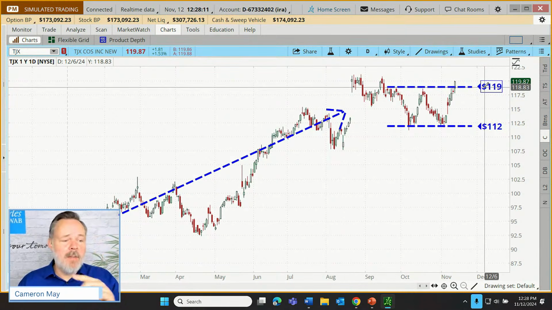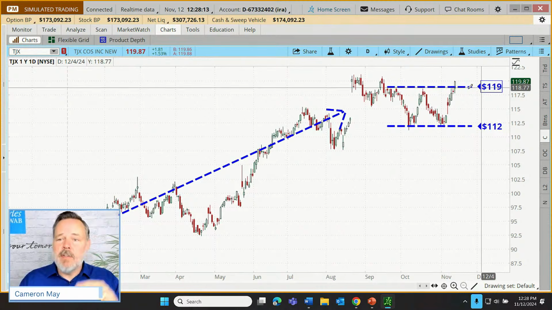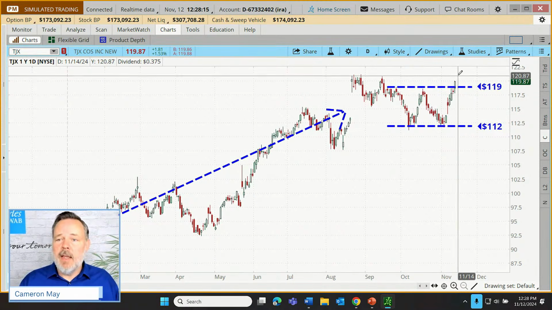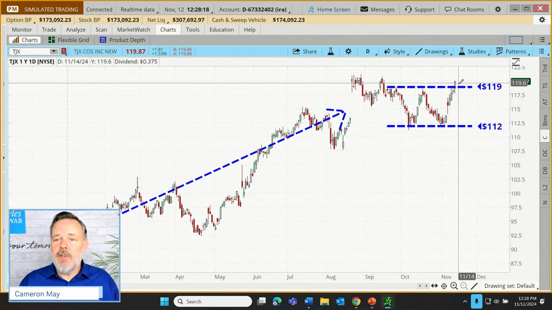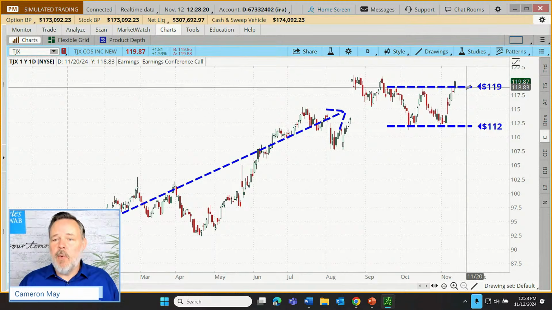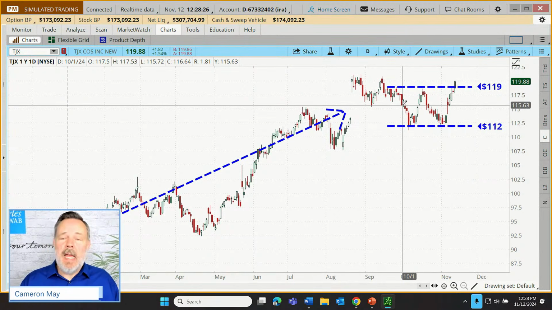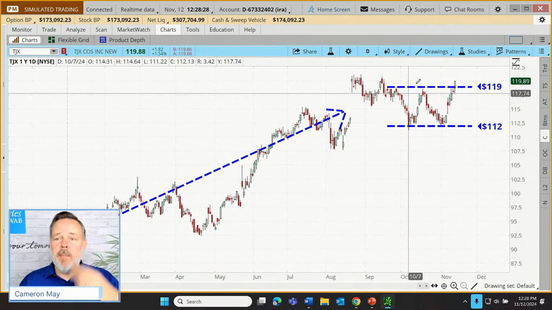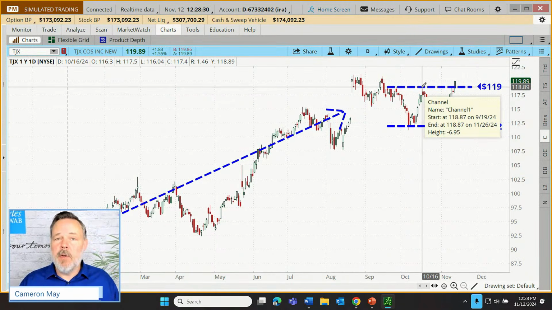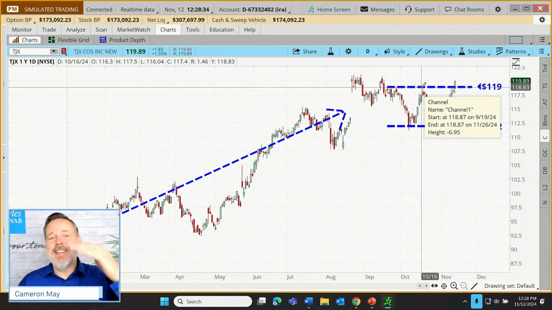Now, it's entirely possible maybe the stock reverses, and instead of continuing in the new breakout direction, it could turn right around and break back down below 119 and head back down toward this support. So according to our plan, we're going to place our stop 3% below this broken resistance, which is assumed to be a new support. This broken price ceiling, which is assumed to be a new price floor.